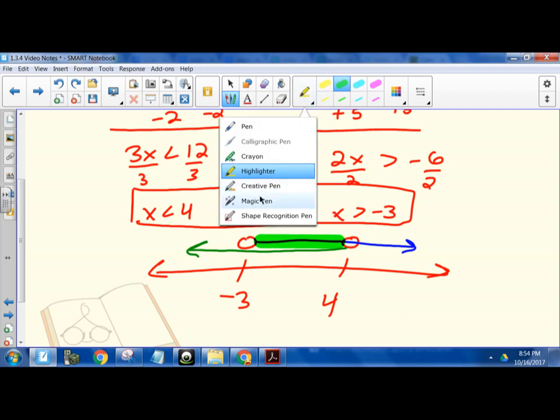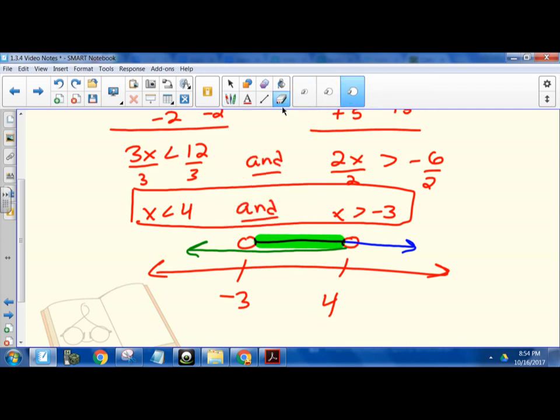So we can actually take our pen or eraser and erase everything over here, right? We'd have to erase here as well because the open circle does not include 4. So we'll just redraw it with a nice open circle again, and then we would erase everything over here, including right underneath. You can get it right without erasing. Wonderful. So the graph is simply shading between negative 3 and 4, right in the center, the overlap. All right,